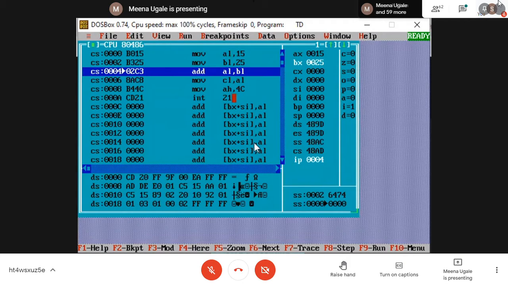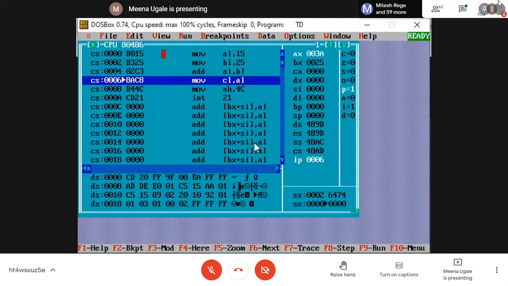Right now you can see the content of IP is 0004 because we are supposed to run the third instruction of my program. Then I press the F7 key one more time and I should get the answer of 15 plus 25. 5 plus 5 will be 10, and it will be considered in hexadecimal.